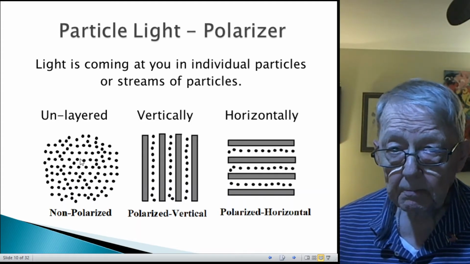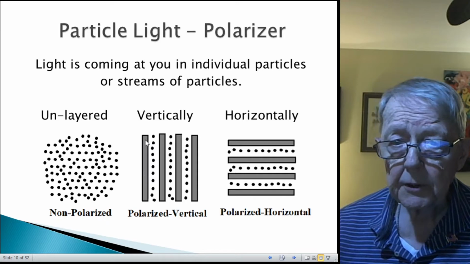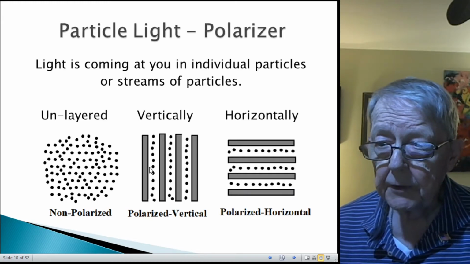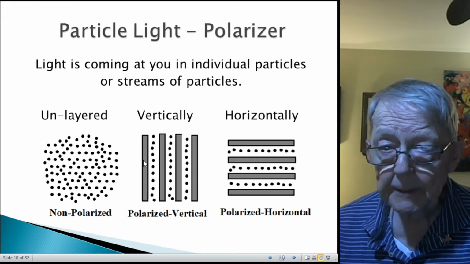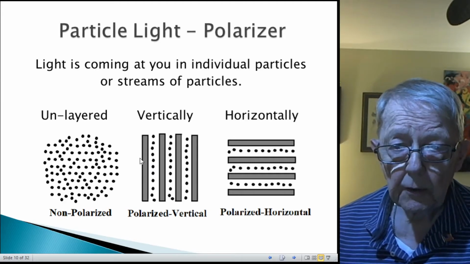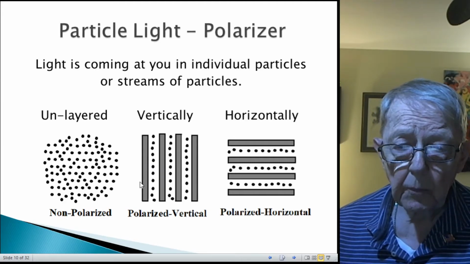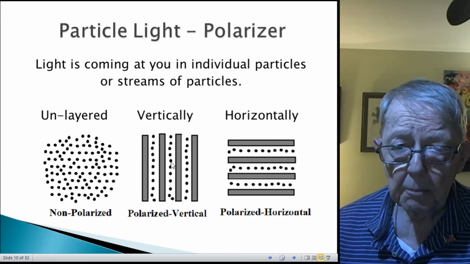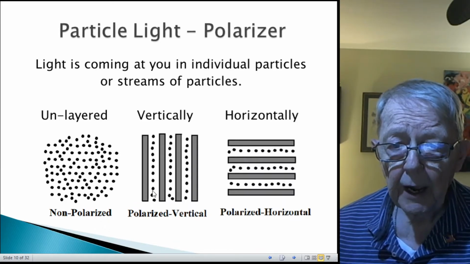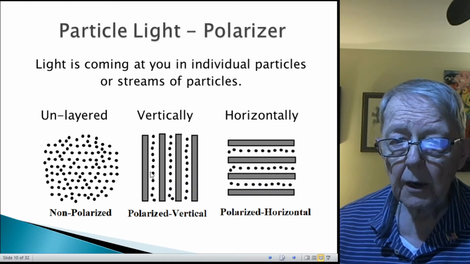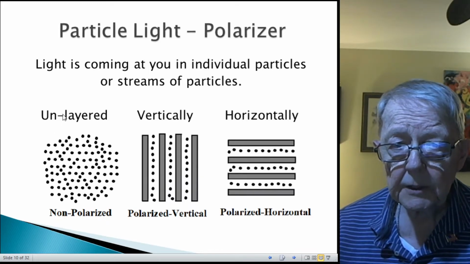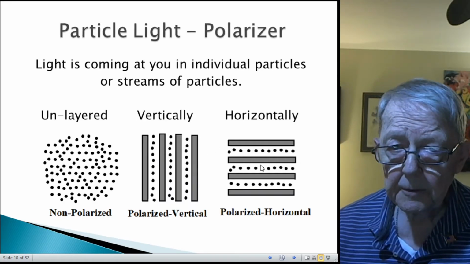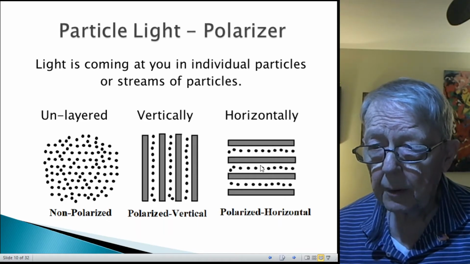from the source. When it goes through a vertical polarizer, now vertical polarizers can be mechanical or chemical. Iodine is often used as a chemical blocking means, and so these are the ones that come at this barrier get blocked. These get through, then get blocked, get through, so that you now have a layered light here. This is unlayered. This is vertically layered. And this is horizontally layered. Very simple for the particle model to do